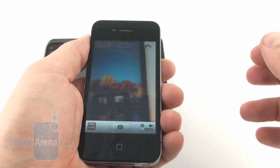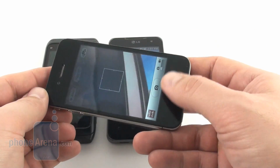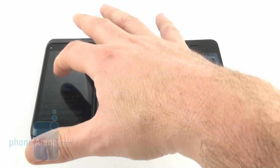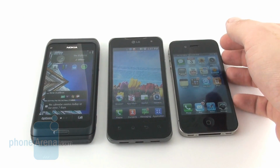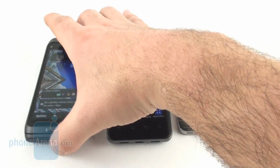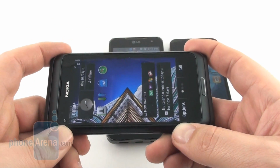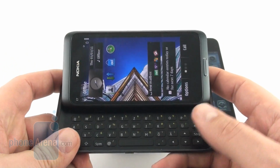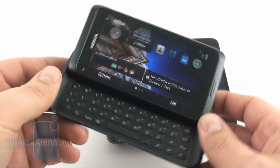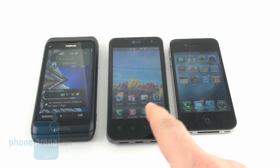The sheer fact that this is an 8-month-old phone and it's still in the mix goes to show that you're only likely to switch camps between Android and iOS and vice versa if you're getting bored with one mobile OS or the other and want to try something new for a change. As for the Nokia E7, we know the company has its loyal fan base that is dying to get their hands on the latest piece of design art from Nokia, so we're sure the E7 will do fine once the price starts going south. This was a video comparison of the Nokia E7, LG Optimus 2X and the iPhone 4